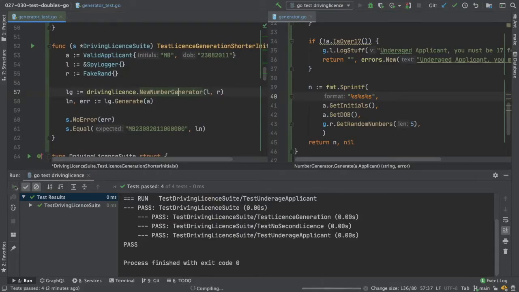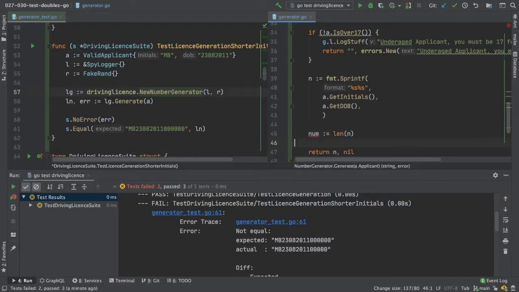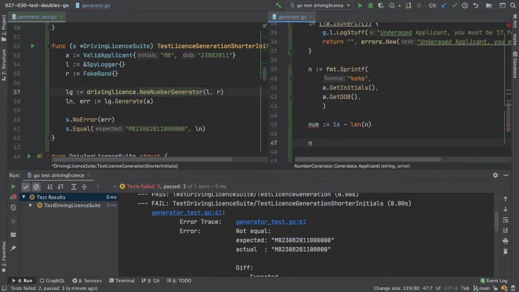And now if we run this test, it's going to fail. And you can see here it fails because it expected an extra random digit at the end and it didn't get it. So now we need to rejig our code a little bit. If we take this out, what we do is num equals n dot length, the length of the number so far, minus, let's do 16 minus the current length. That should give us the number of random digits we need, and then we can just do something like return fmt